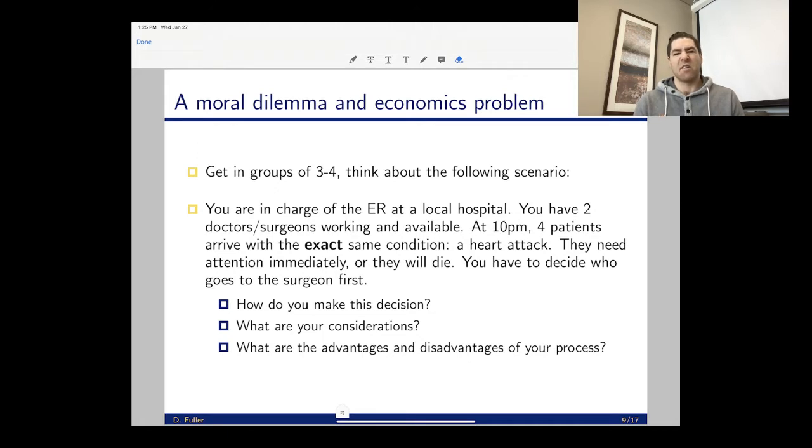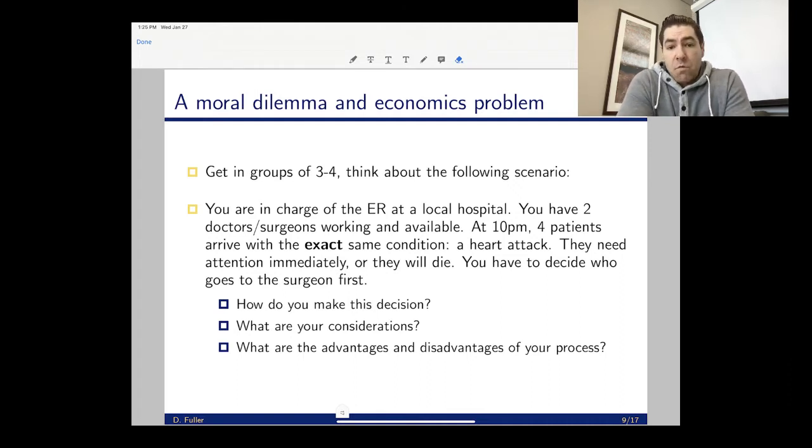And I just thought, what is an interesting question to highlight what economics is about in a way that's not really about economics, right? So you're thinking economics, it'll be something about businesses or the government and taxes or something along those lines. And we'll talk about that, but it extends beyond that. So in this scenario,